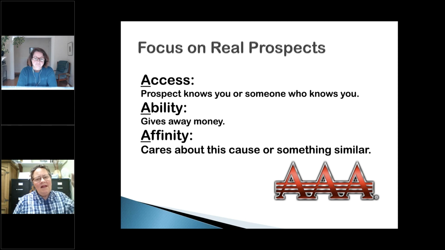And then the thing that I have to perseverate on: do they care about this cause? There are many people that will care a little. They'll be like, you go, but they don't care enough to actually give money. So really, really focus on prospects. And that comes back to your case, because you have to be clear in your exchange. What is it that you are exchanging that's different from the organization next door that might be an equally worthy group? Go to the next slide.